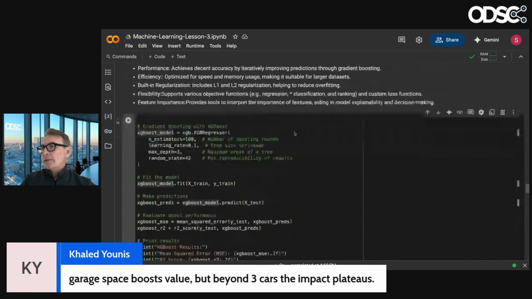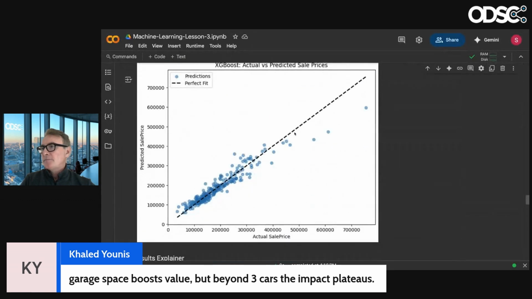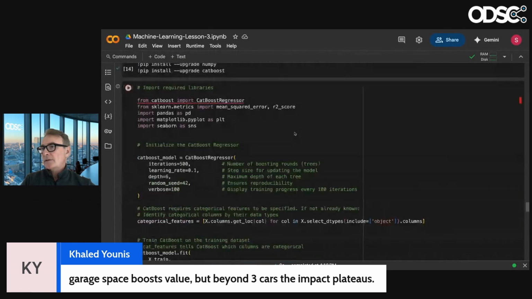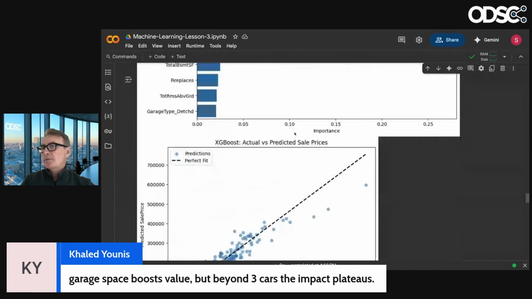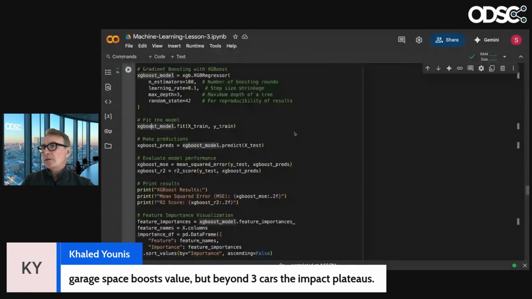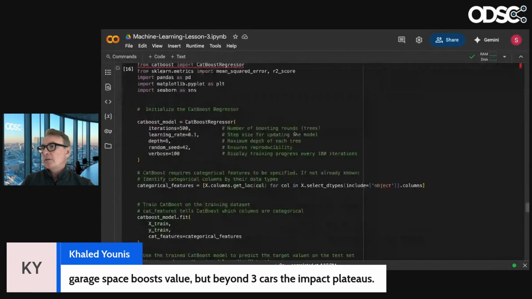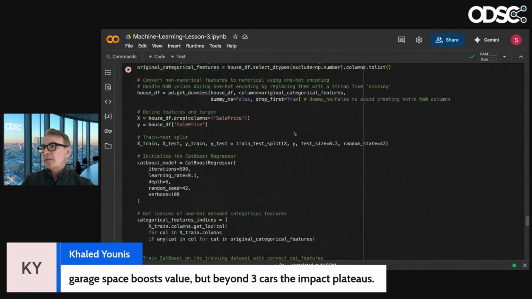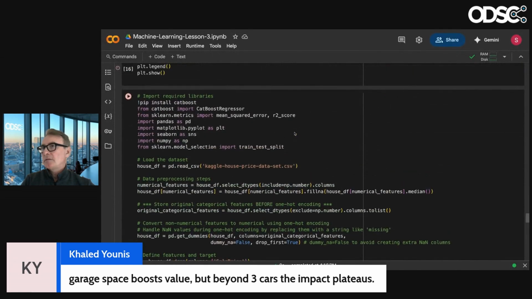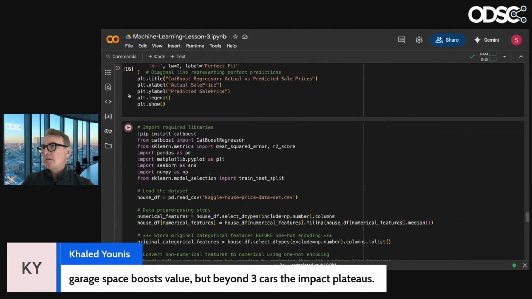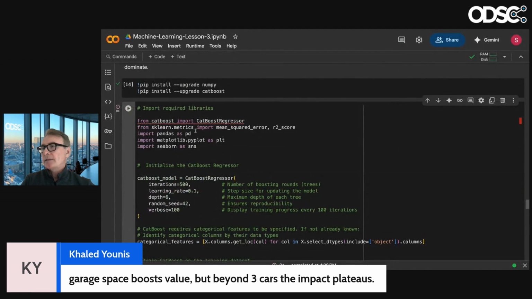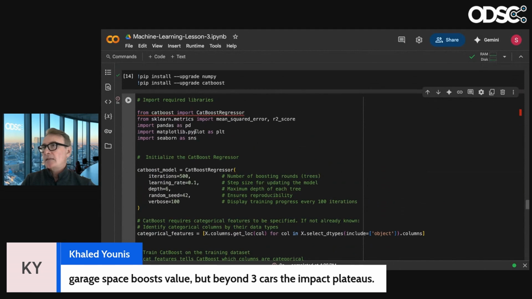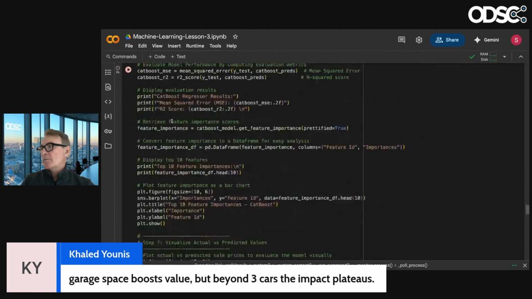then this is XGBoost. What else do I have here? I have CatBoost, but there's something wrong with my CatBoost. Did CatBoost work? So CatBoost is categorical boosting. So yeah, I've got to go fix this. I think there's a dependency error here, so I'm installing these libraries. I don't know why it's not working. So I'll go fix that.